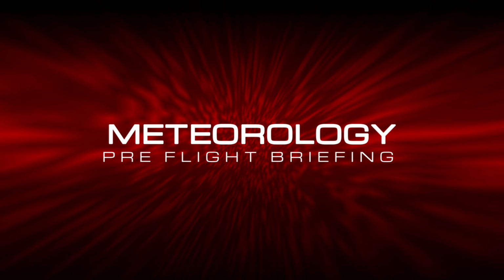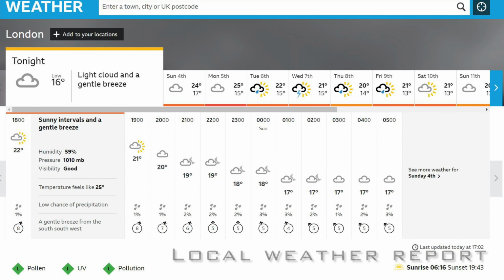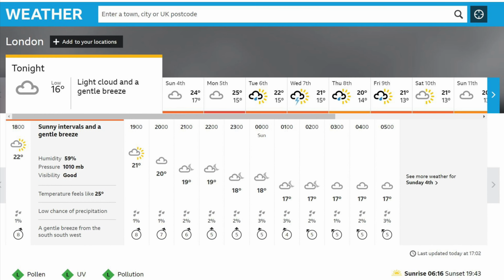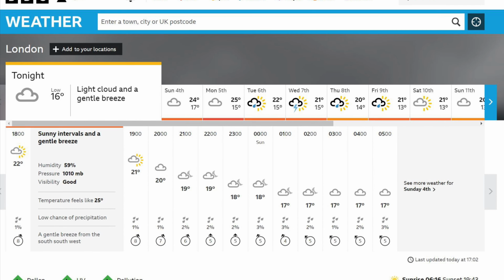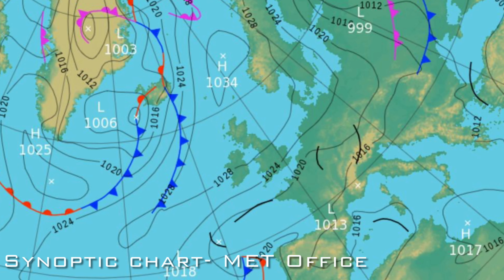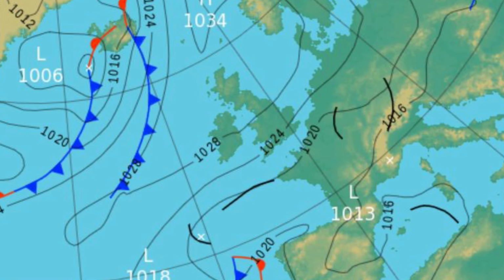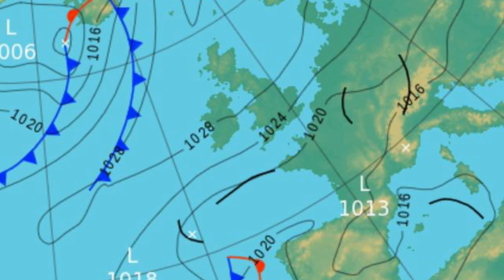Starting with the weather, try and look at a general overview. Even the local news weather report can give you a basic understanding of what weather to expect and the worst case conditions for performance, the maximum temperature and the lowest pressure, for example. From here, you can then start to look at a synoptic overview to understand what is driving the weather. Are there any areas of low pressure moving through, or perhaps a succession of fronts that will bring a range